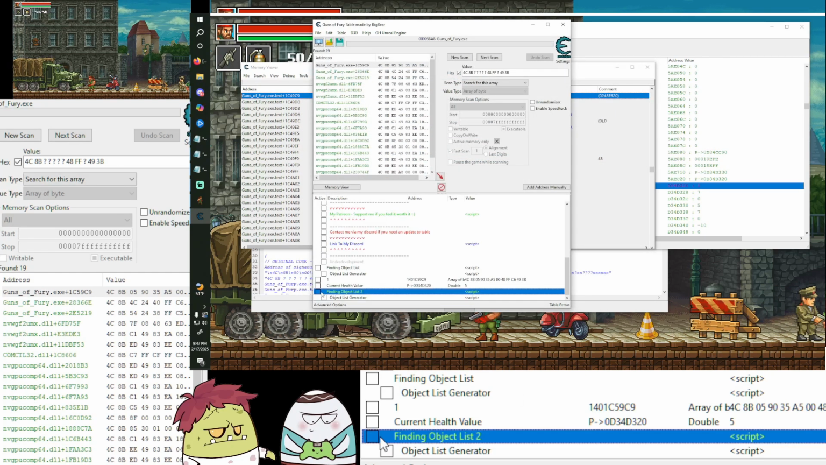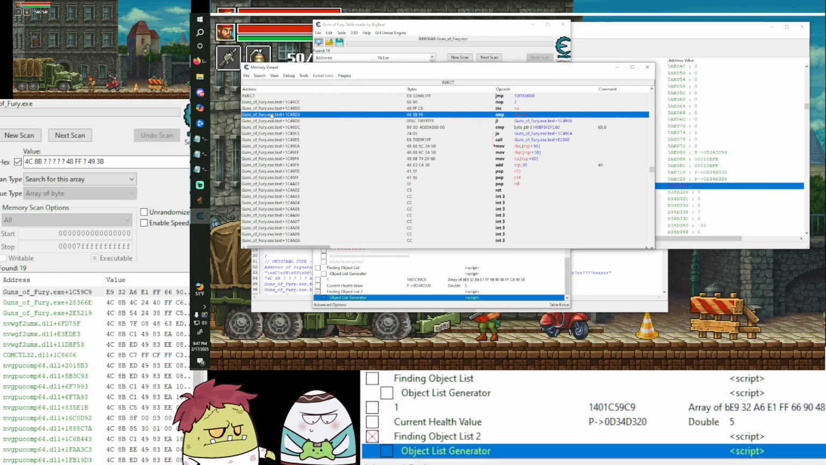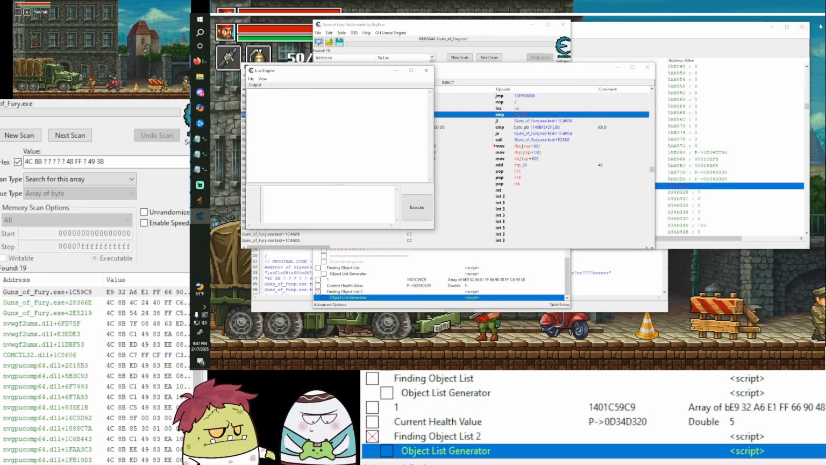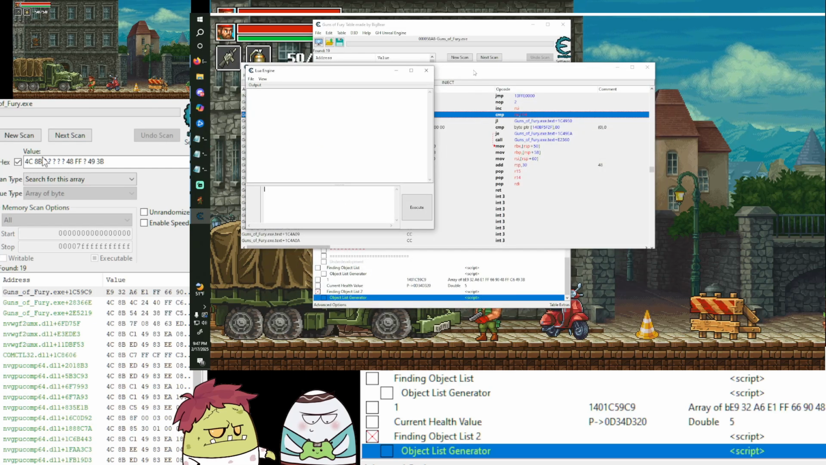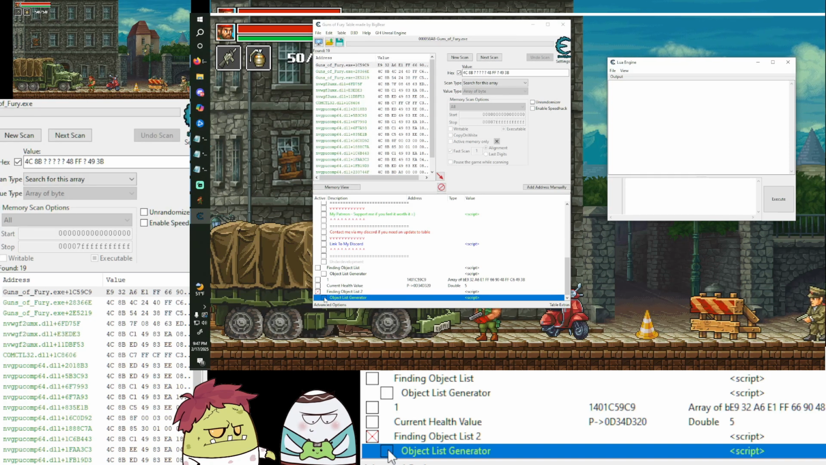Okay, all right, now I'm gonna activate the find object list. Nothing happened because basically we just tried to get the pointer for the object list. Next, you want to press on this one right here. Let me show the Lua engine first so that you can see. Let's X this out, we don't need this anymore. So watch, when I press this one, it's gonna generate a list of the objects in the game, and that's all. Okay, so now we're gonna copy this